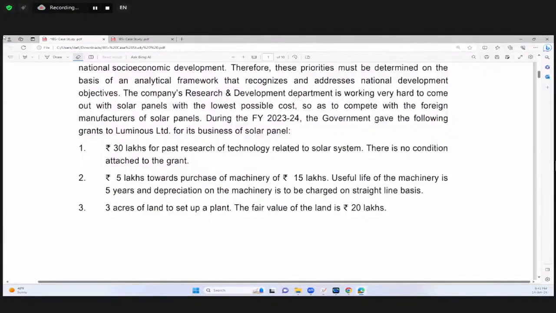So in this situation, there are two methods which have been prescribed in Ind AS 20. One is either you consider the amount of government grant related to asset as deferred income, and systematically you recognize it in the profit and loss. It means you capitalize the whole grant, and out of that whole grant you systematically recognize every year till the useful life of the asset to profit and loss account. So if grant is for 5 lakh rupees and the useful life of the machinery is 5 years, so 5 lakhs divided by 5 years,